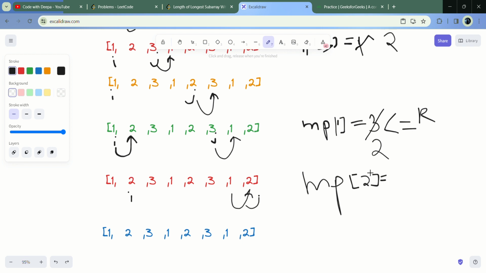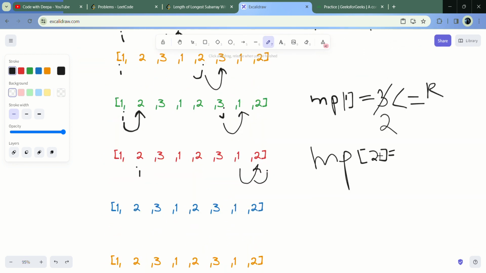Previously, MP of 2 is storing 2. So here it will increment to 3, and this also will violate my condition. So from here also we will increment our I variable. I will reach 3 and j is at the end of the index, and here I will also decrement it to 2. So this we will do in the code, and after doing this, at every step, we will calculate our